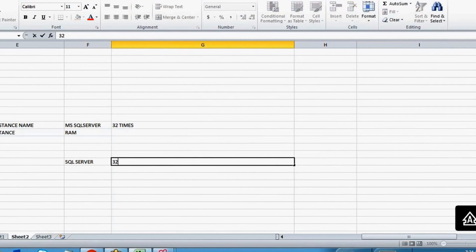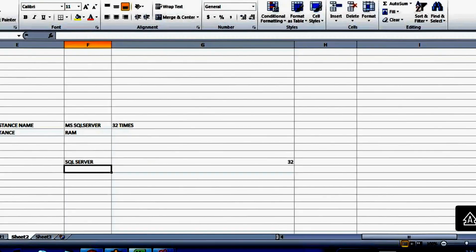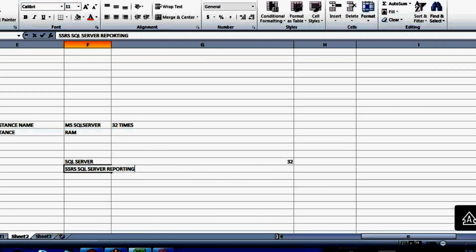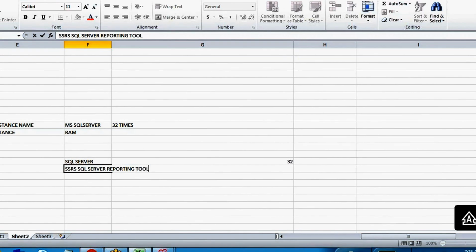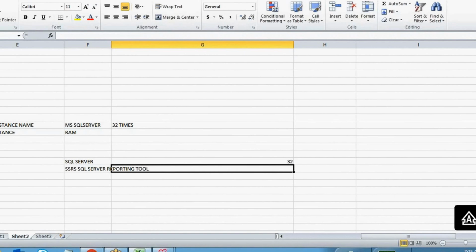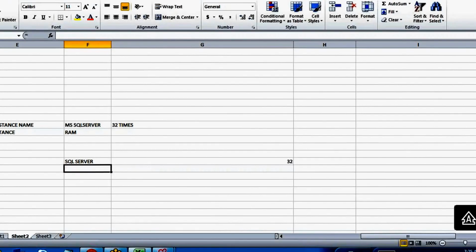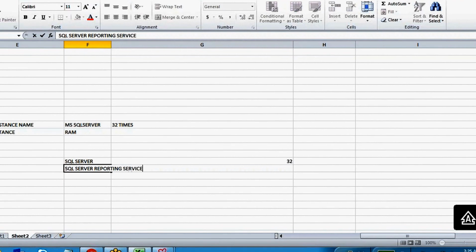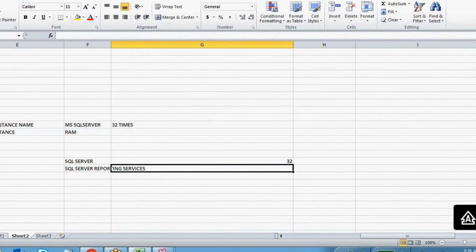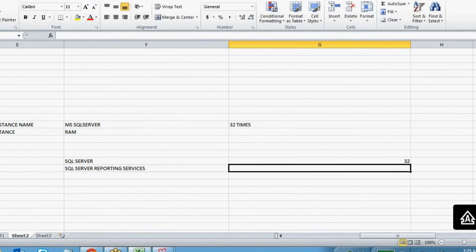If you are installing 32 times, you will get SSRS, the SQL Server Reporting Services, 32 times.